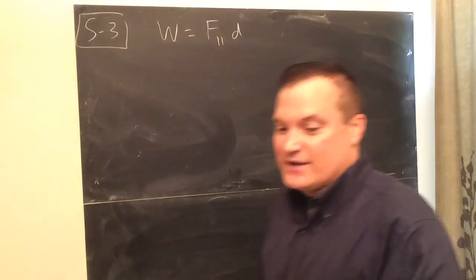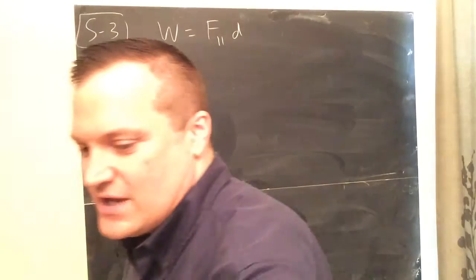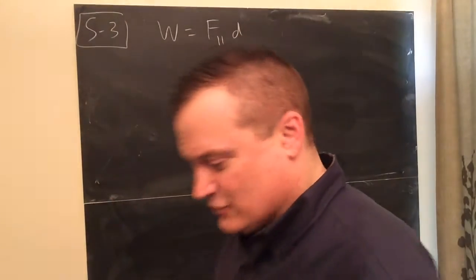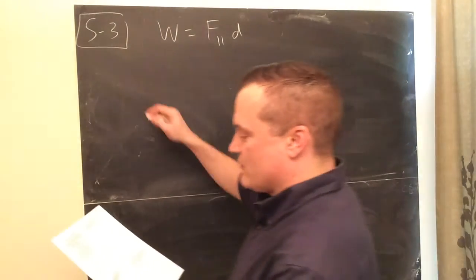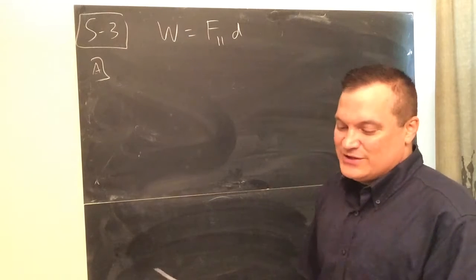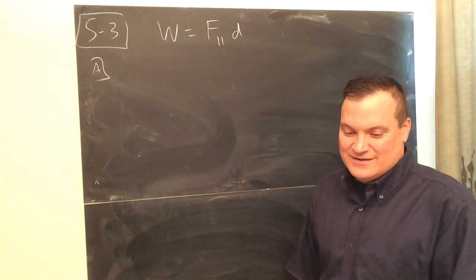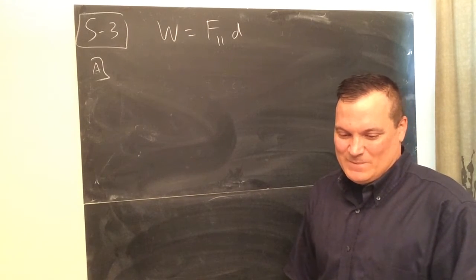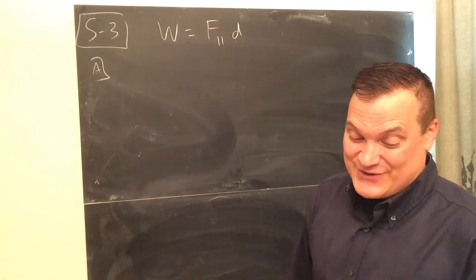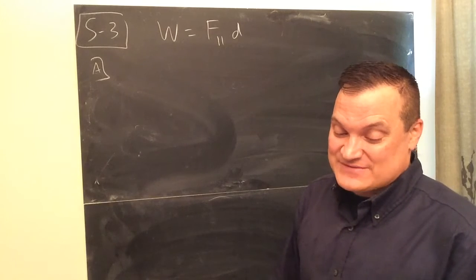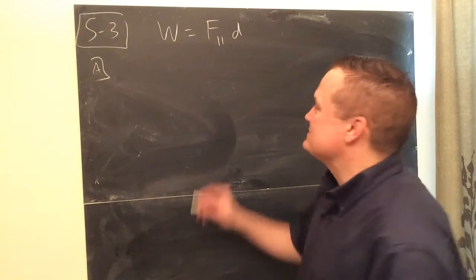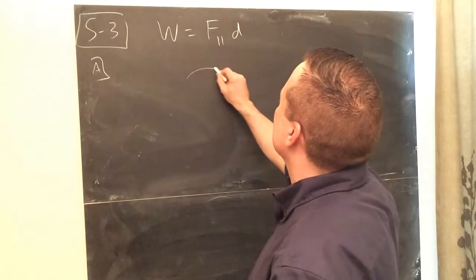It's better to draw a diagram and then look at what's needed in the picture to do the problem. Okay, so for letter A, it says a raccoon is pushed a distance of 21 meters along the floor by a 575 Newton force applied from 63 degrees above the horizontal. So I don't know if I can draw a little